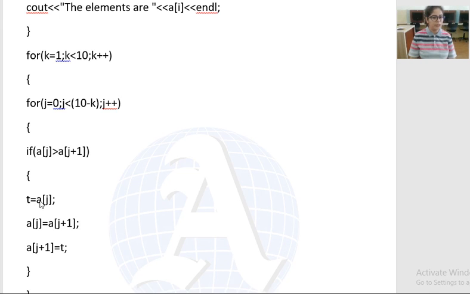Because j is now empty, in the first step we moved the jth element to the temporary variable, and j is now empty. Now move the j plus 1 element to the jth location. Now j plus 1 is empty because we have moved that element to the jth location. Now move the temporary variable into j plus 1. Temporary holds the value of a of j, and we move that value into j plus 1. So with these 3 steps, we can swap the numbers from one location to another.